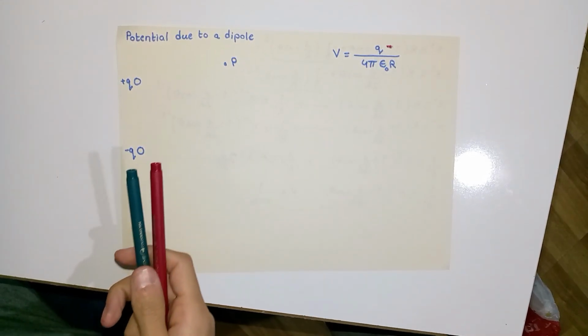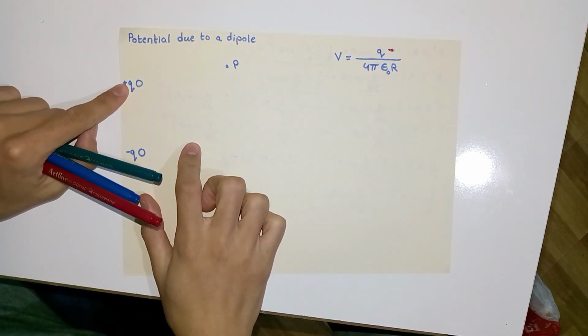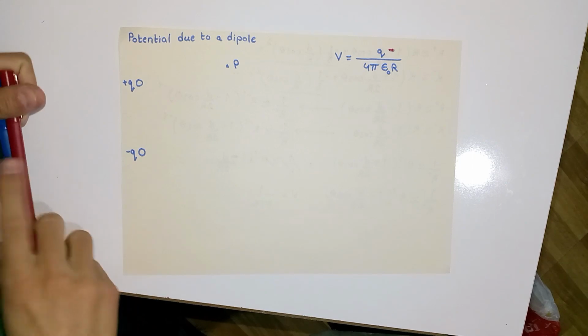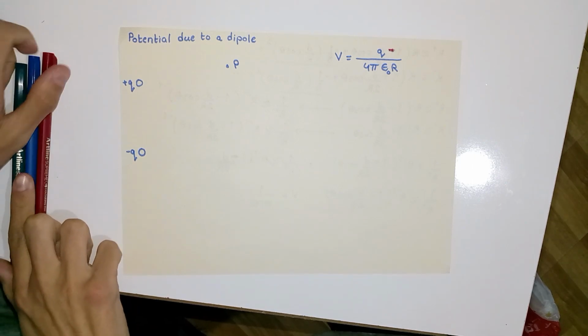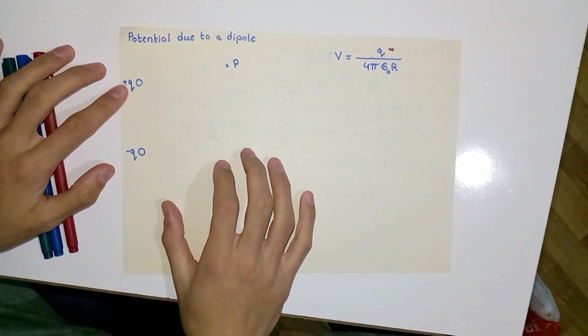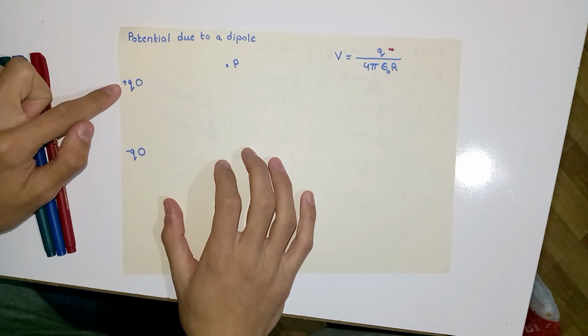Hi, today we are going to find the electric potential due to an electric dipole, and then from the equation of the potential, we are going to derive the equation for the electric field. As shown in this figure, we see an electric dipole which consists of two opposite charges represented by plus